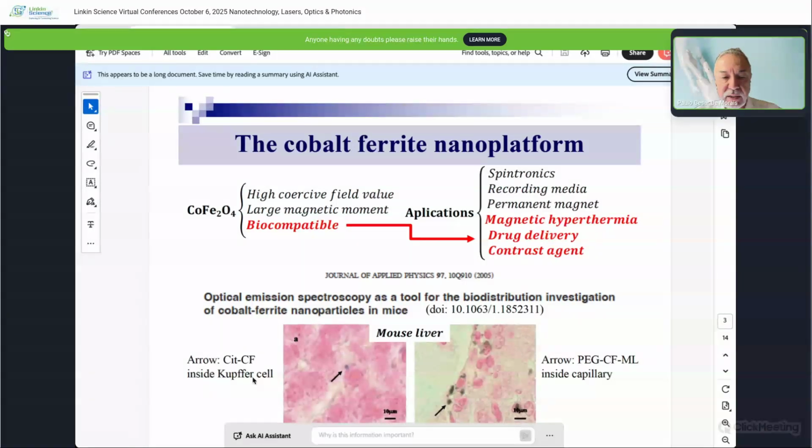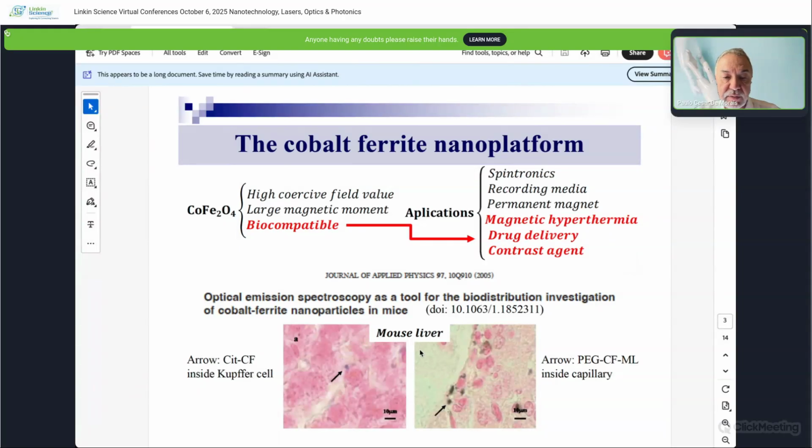On the left-hand side, cobalt ferrites were surface coated with citrate and injected in the animal. And then we observe the cobalt ferrite nanoparticles inside the Kupffer cells. You can see the arrow. So the black spots or the dark spot here is a magnetic nanoparticle, cobalt ferrite nanoparticle inside a cell,